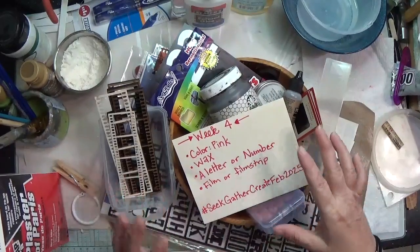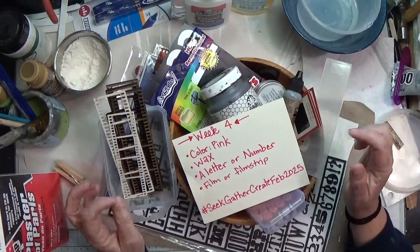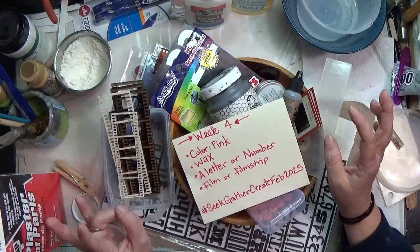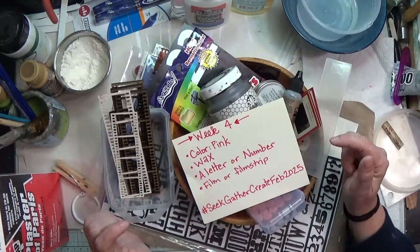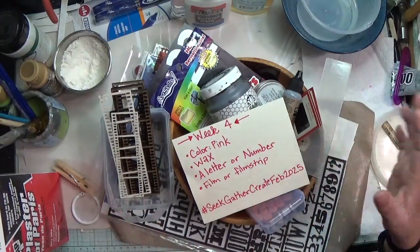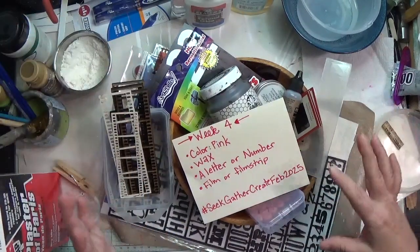It is week 4 of Seek, Gather, Create. This is a mixed media scavenger hunt challenge that takes place on Instagram. It comes from 3 hostesses, Lisa Goddard, Laura Dennison, and Tina Hoyce, and a guest artist. This week it is Tracy at Anonymous Palette. I'm going to have links to everybody on Instagram below so you can go find them and follow them for more